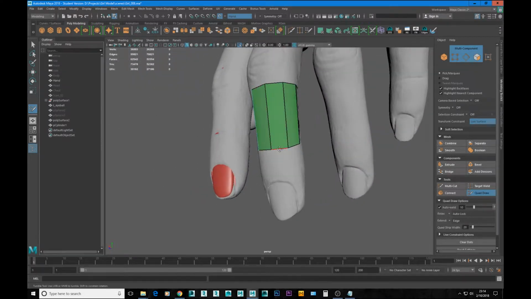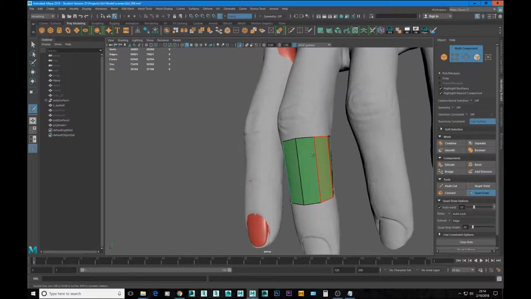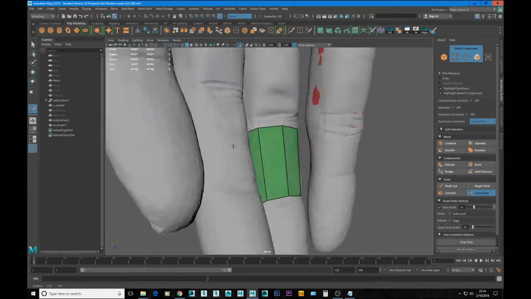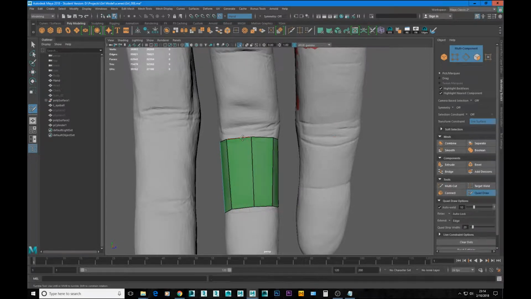But anyway, so we're just gonna trace out that knuckle area right there. Okay, and then we're gonna bring this right up into this area here. Oh. Undo that, and